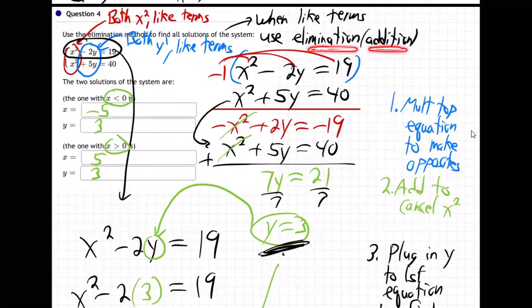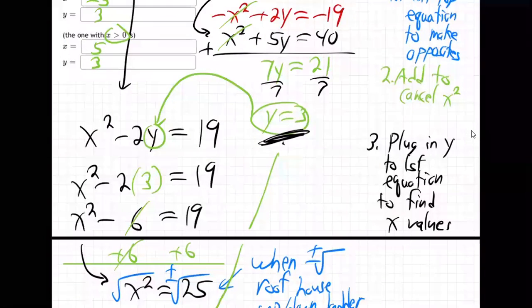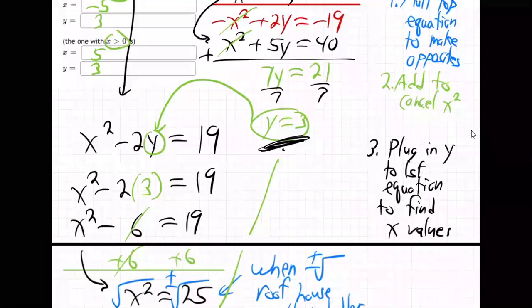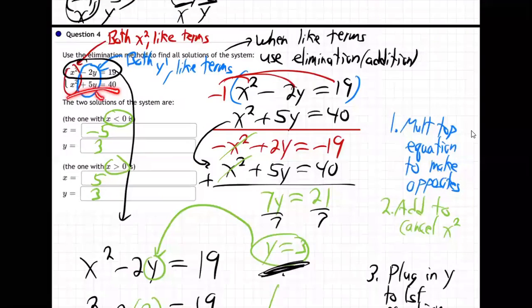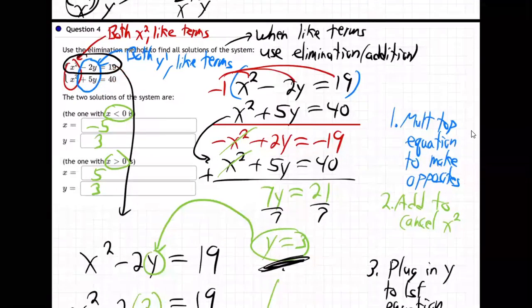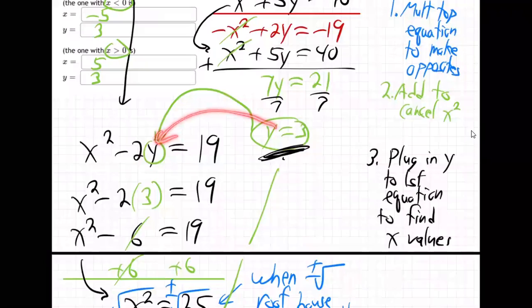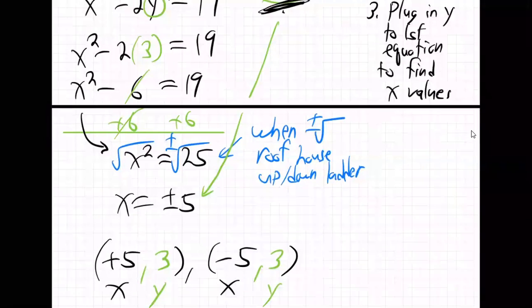So what do you do first? You multiply the top equation to make opposites. So I multiplied by negative 1 so that negative x squared and positive x squared would be opposites. Then I added them to cancel the x squared. And I got 7y is 21, divided by 7, y is 3. So once I had y, plug in that y to the first equation to find the x values. So I took the first equation. You could have grabbed the second. It doesn't matter which equation, first or second. Either one would work the same. I just grabbed the first one, brought it down, plugged in y is 3, and then I got x alone